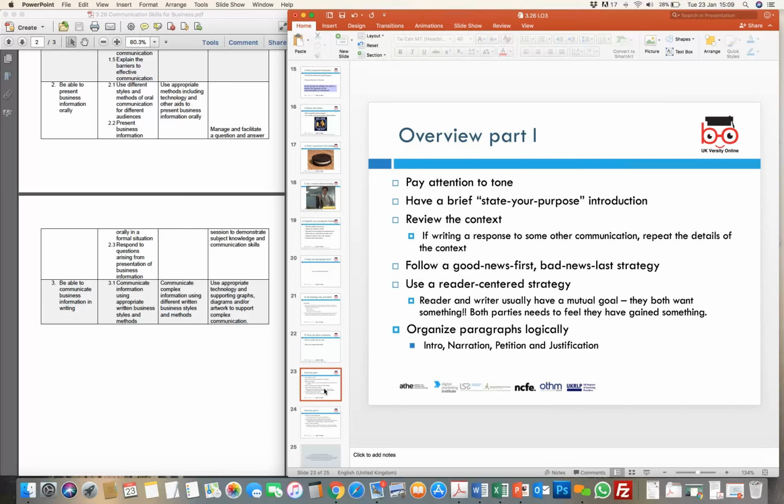You have to review the context. That means sometimes you have to write the message and repeat it in a subtle way so that the reader or the audience who are receiving it are able to actually follow it. Sometimes you have to say good news first, followed by the bad news. And sometimes you have to assume a reader-centered strategy, that you have to design things and send things across in a way wherein the people receiving it find it easier to read and comprehend, and obviously then